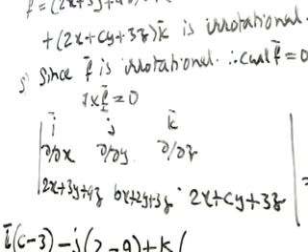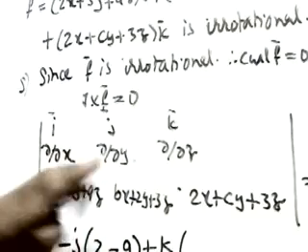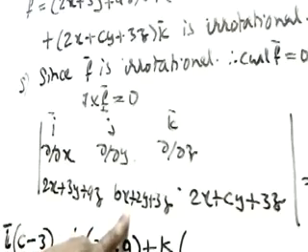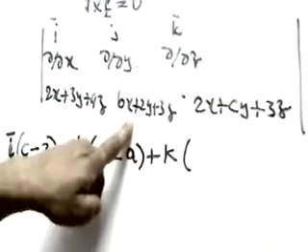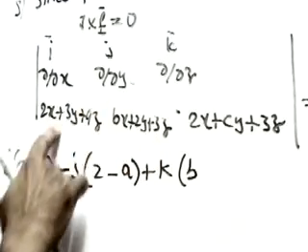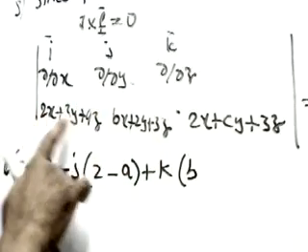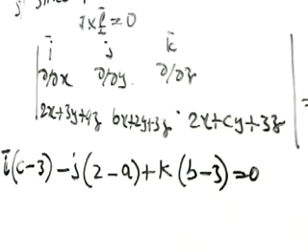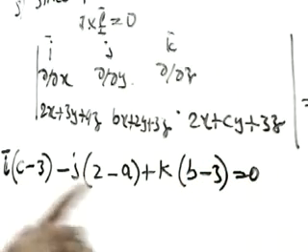This is 0. In the same way, plus k into... We have to differentiate this one. Okay, now this k, hide this one. We have to differentiate this with respect to x. So x means x is 1, 1 into b is b. We don't have 0, this is 0. This is differential with respect to y. This is 0, this is 0, this is 3. Minus 3 equals to 0.